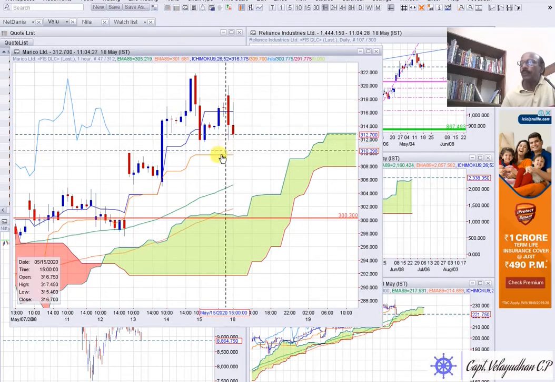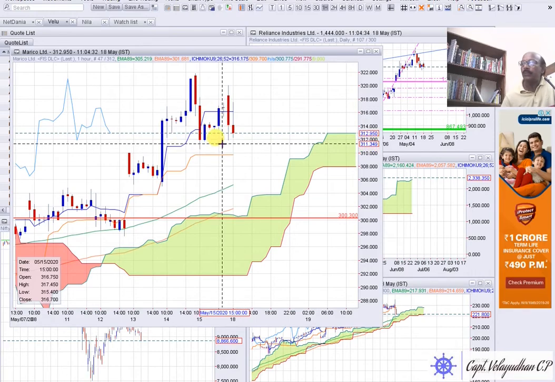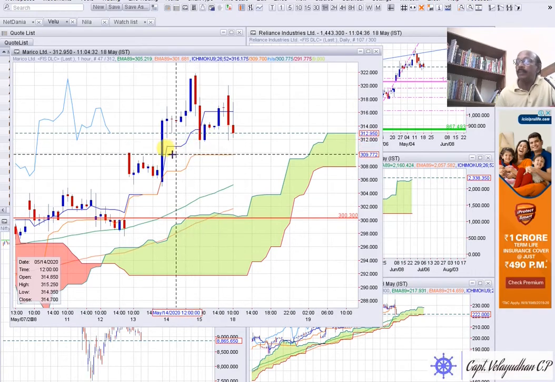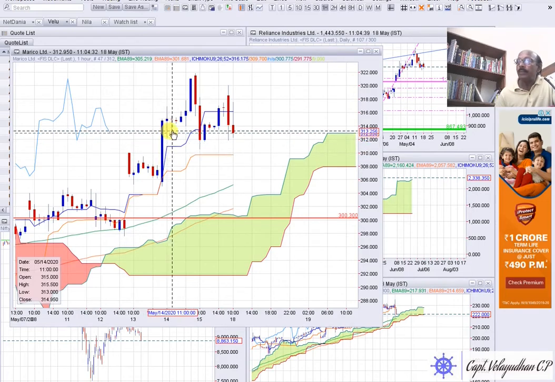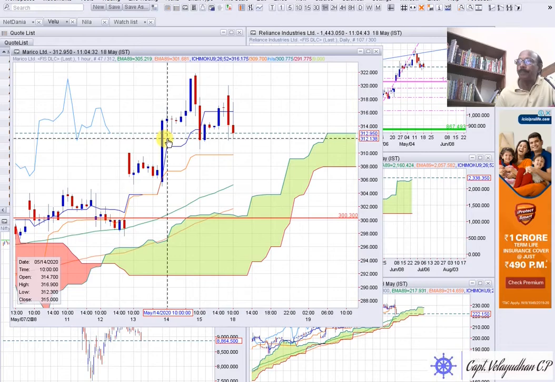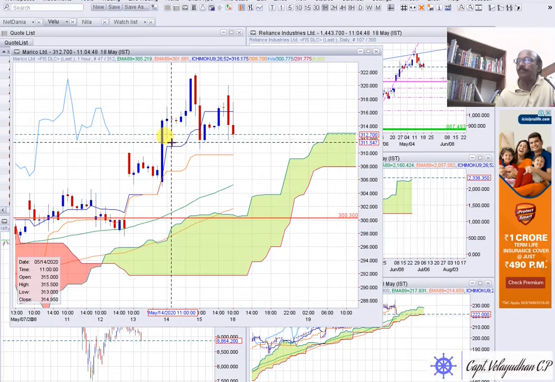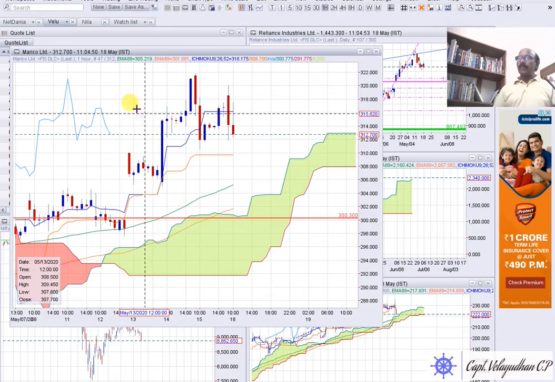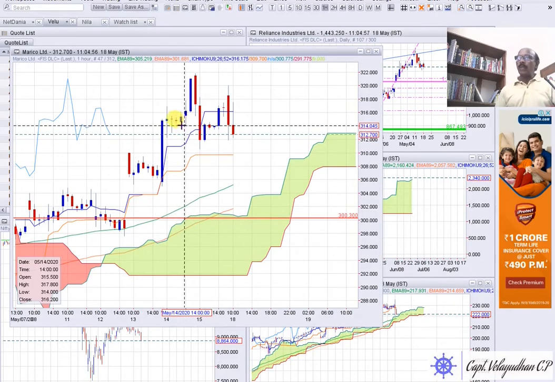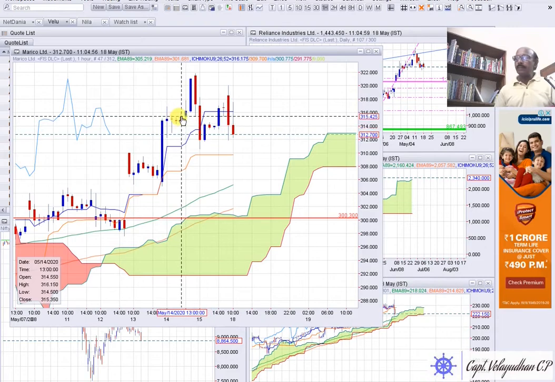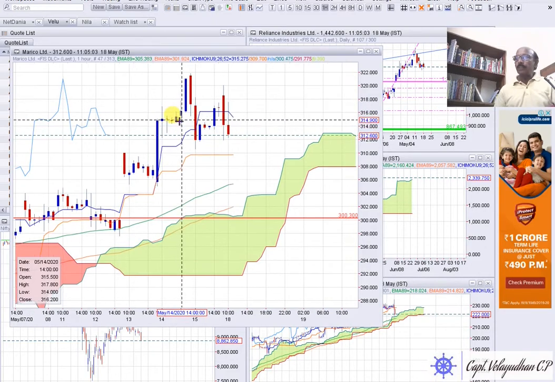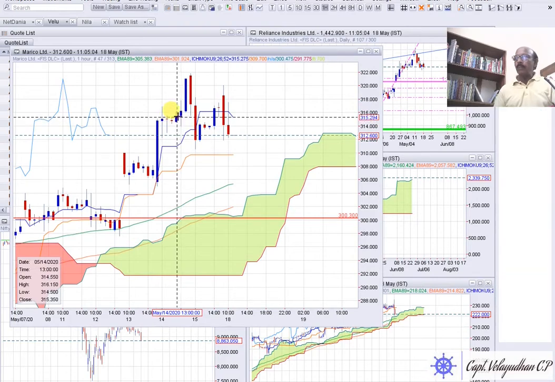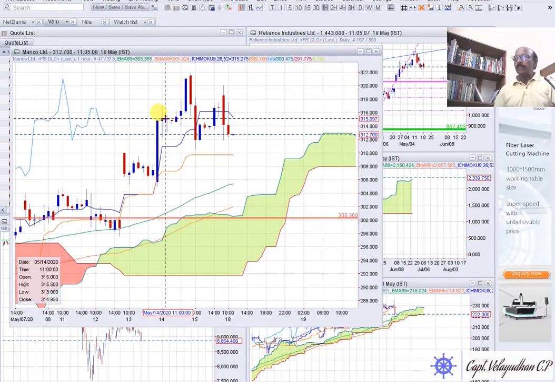When you see this candle type here, you should take caution that the market has no decision on which side to go. This is also a candle with a small real body, we call it a star, and another one is a doji, another one is a doji. See, when you have 2 or 3 dojis, the market is not taking a decision. There is a tug of war going on, but in this case the bulls took control. So it broke above the three closings and the market went up.